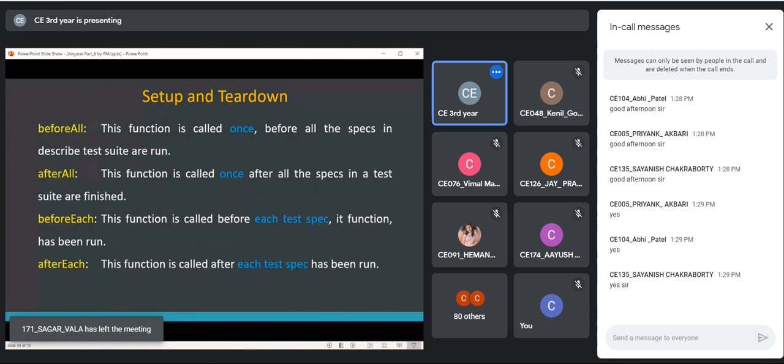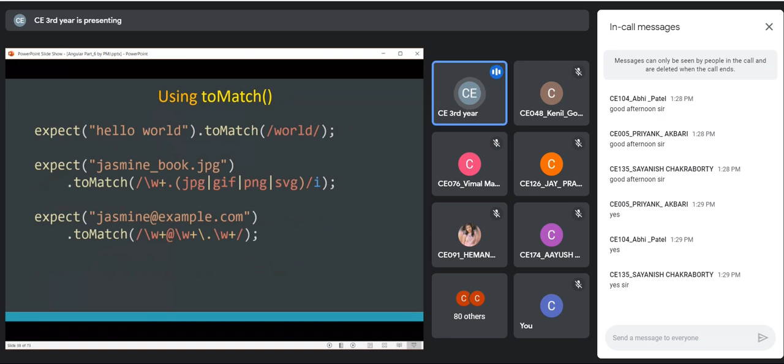Now, sometimes before we apply this test case, we want to do some initialization. And once our test case is complete, we need to do some destruction kind of thing. We already know in a class we have constructor, destructor. So before the instance gets created, it should be initialized, and once the instance is deallocated, it should do some housekeeping chores like freeing up memory or closing files and so on.